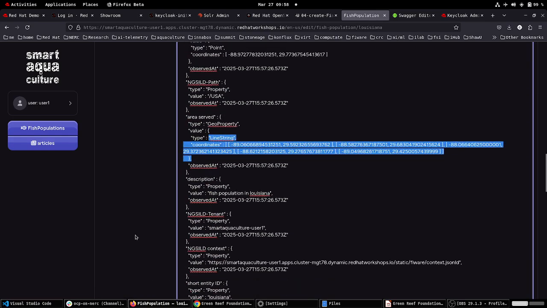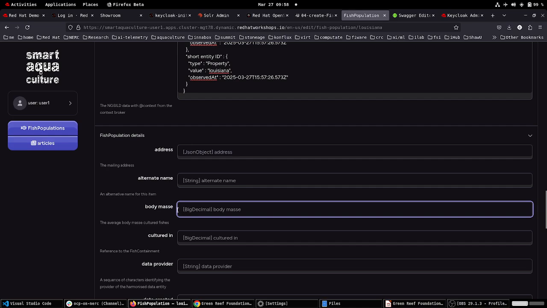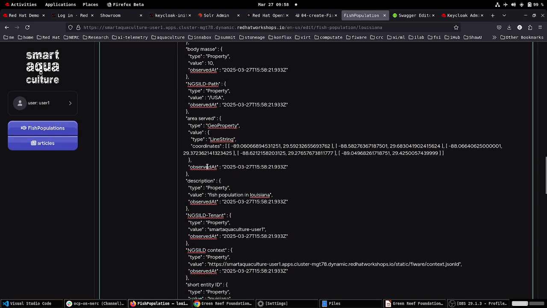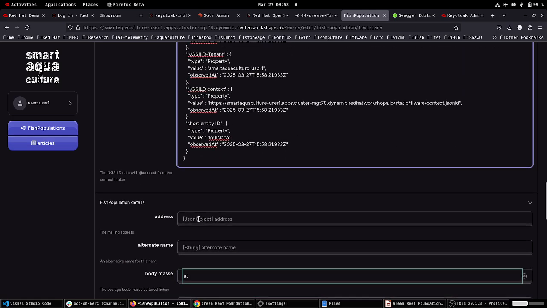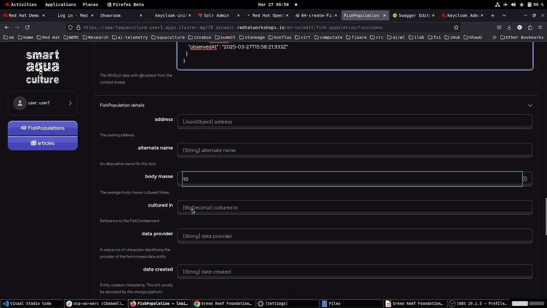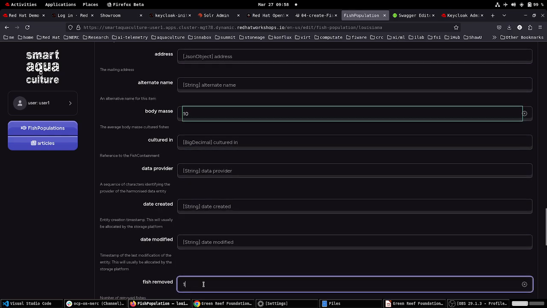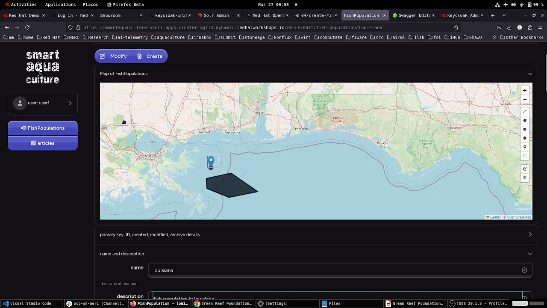So we can add as many fields as we want. So body mass, let's say 10, and it'll put that body mass data in here, value 10. This is FIWARE context related data. So this is how it works. So it's that easy. We used AI to generate this whole dashboard and API, and we can create more than